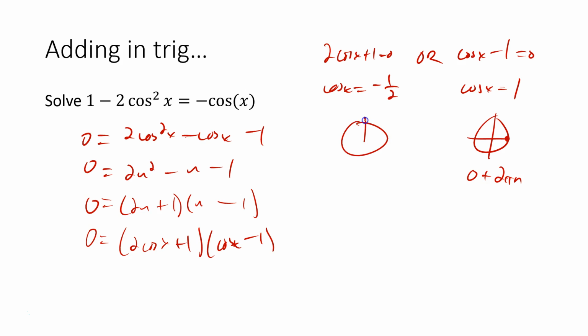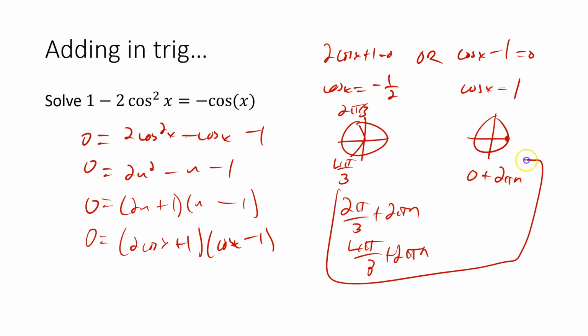And cosine is negative 1/2 here and here. That's at 2 pi over 3 and 4 pi over 3. So 2 pi over 3 plus 2 pi n and 4 pi over 3 plus 2 pi n. Now you might have noticed that this equation that we ended up with here is exactly the same as the